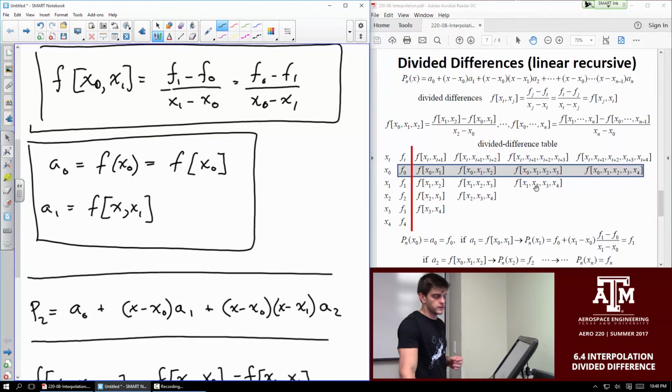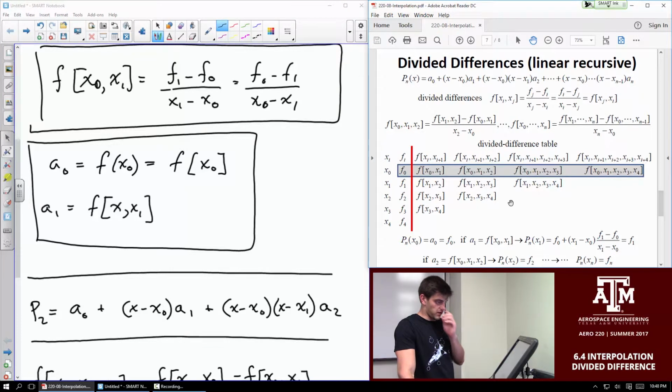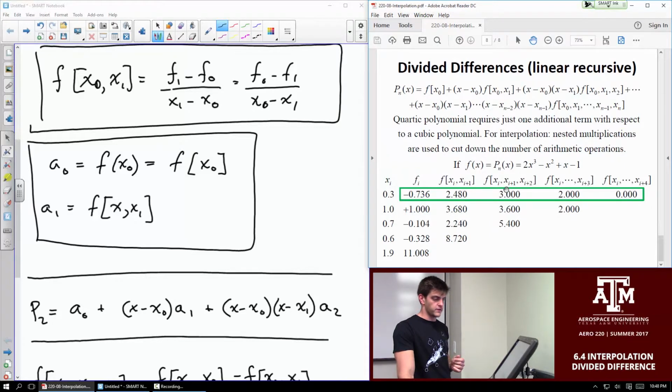The nice thing about this method is that you can easily increase the complexity of your polynomial by just adding more terms. And you can keep all the old ones. They don't need to be reevaluated. So here's an example function where our polynomial fit, I guess,